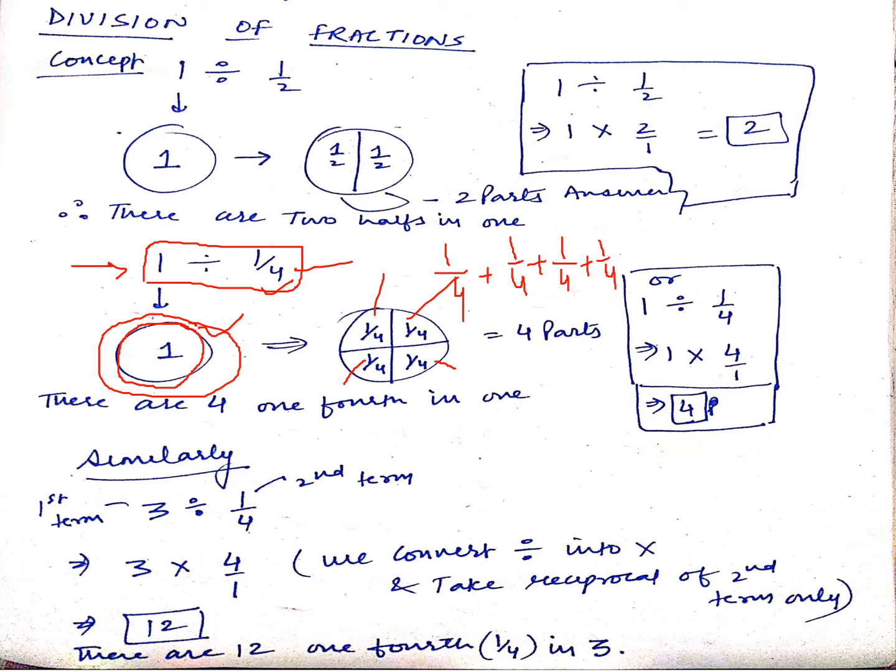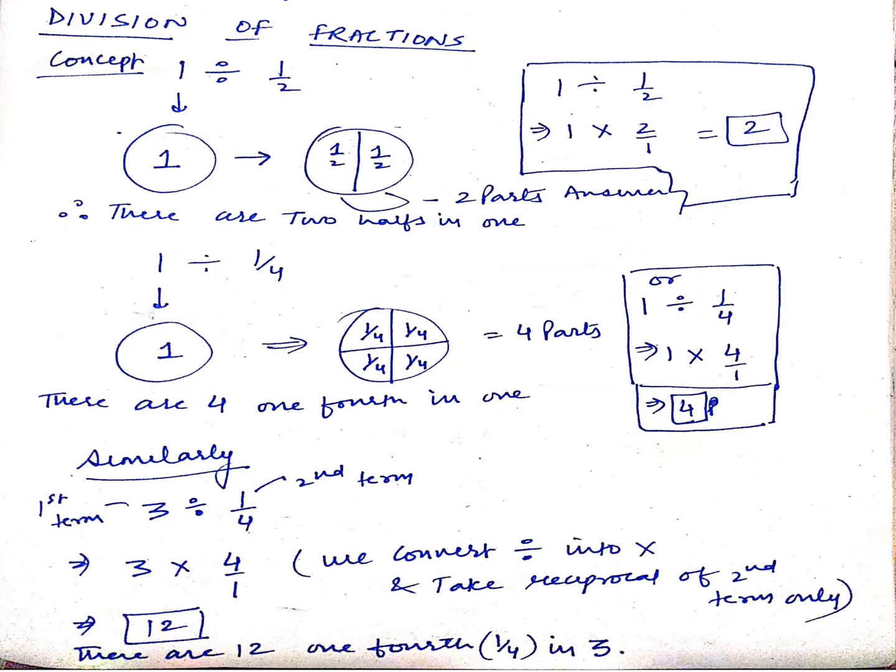So you have 4 fractions in front of you having the same denominator, that is 4. So LCM is 4 only, and we will get 1 plus 1 plus 1 plus 1, which is equal to 4 upon 4, and the answer is 1 only. So we are doing it correct. What we have done, we have made 4 parts of this one, and each part is how much? 1 upon 4. So we can say when we divide 1 by 1/4, we get 4 as the answer. So we can say there are 4 parts. Now solving by the method, let's see. The method is very simple.